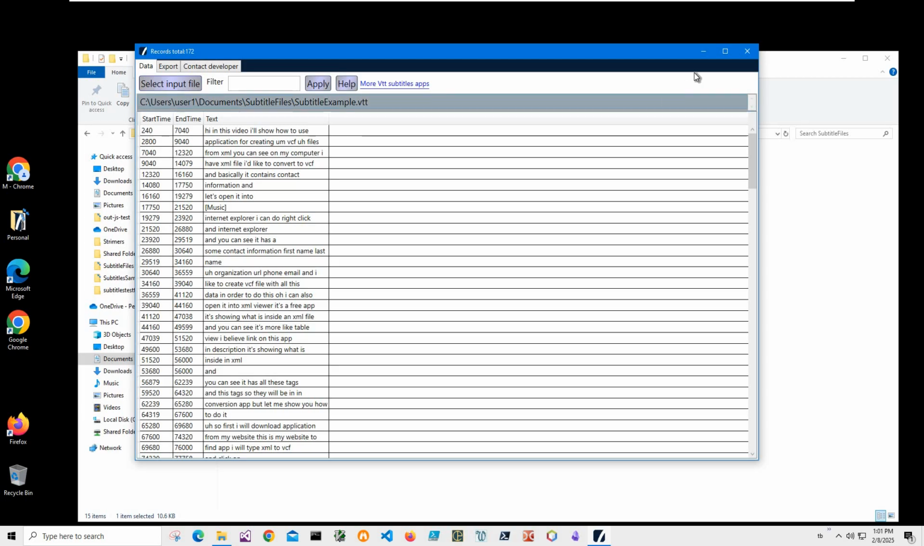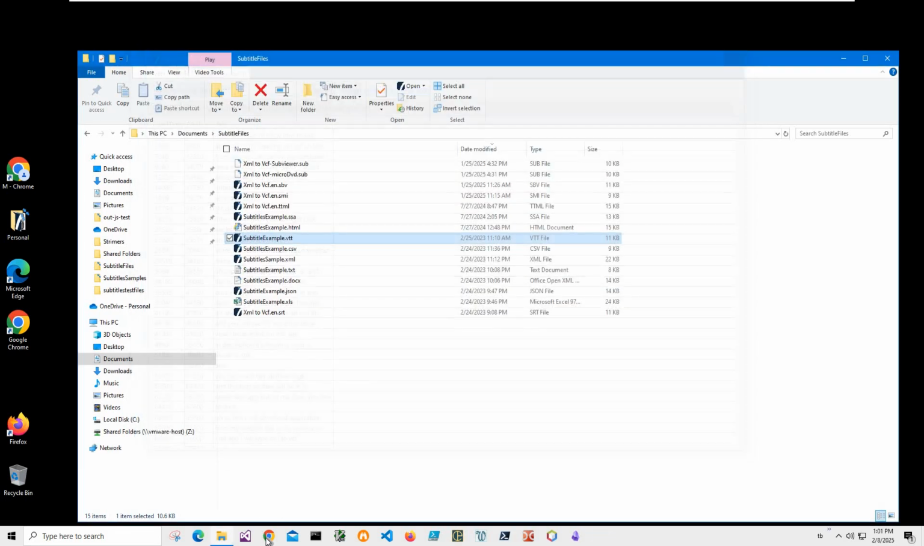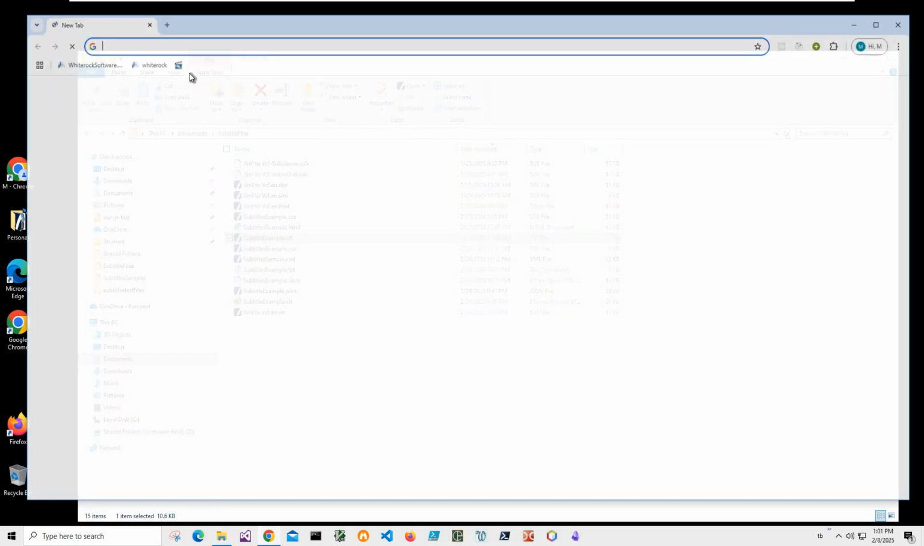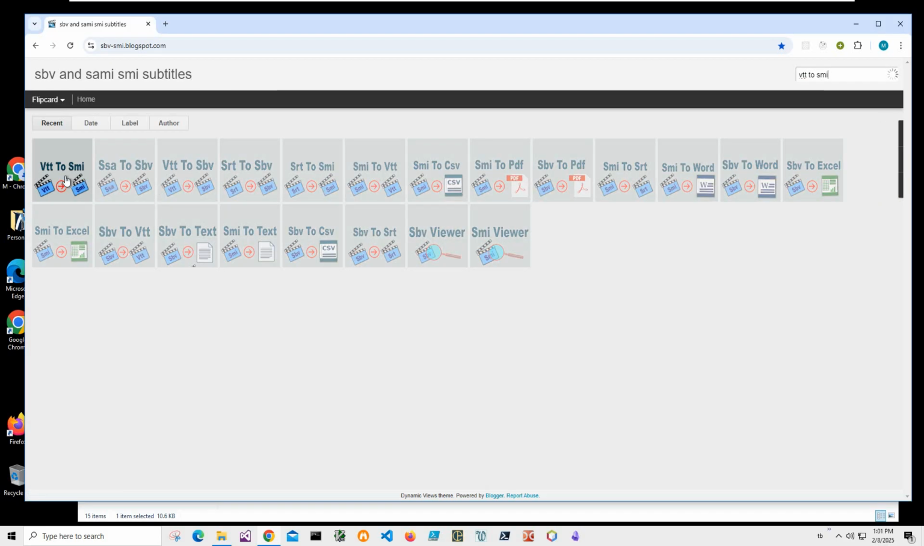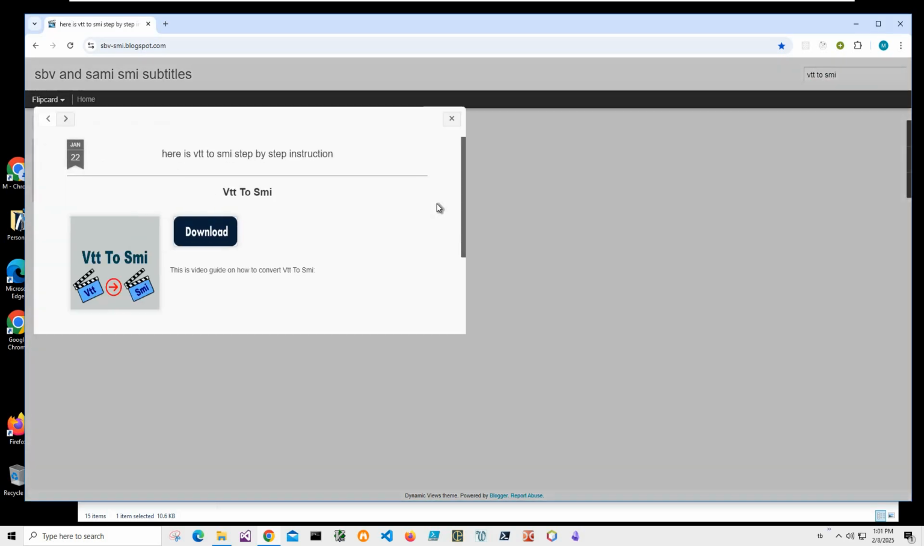So I will be using this file to convert it into SMI, and in order to do this I will download and install an application from this website. I will leave links to the site in the description. To find the application I'll click on search and type Vtt To Smi, and I need this page. I will click on it, click on the download button to start the downloading process and wait until the archive is downloaded